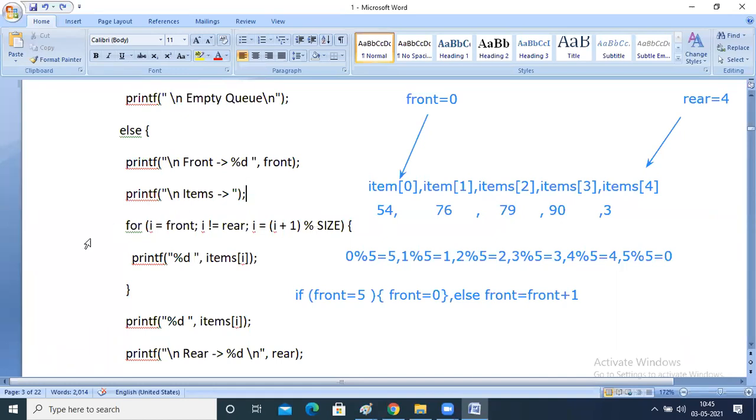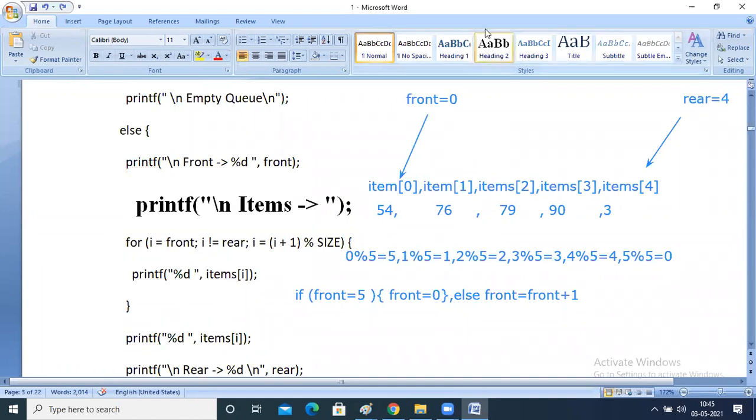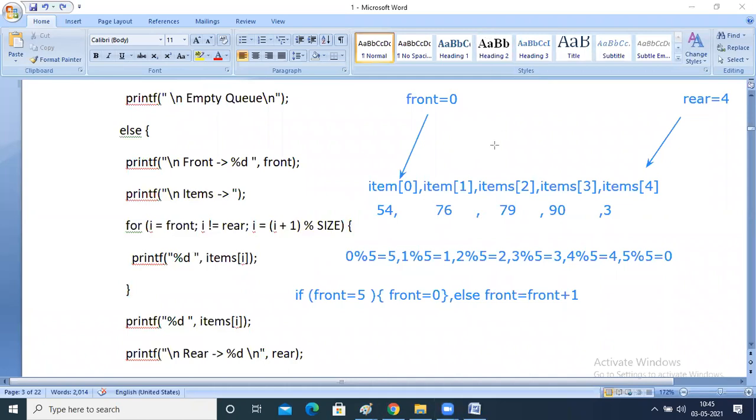Next, i not equal to rear. Up to which part will I be printing? For example, rear is equal to 3.